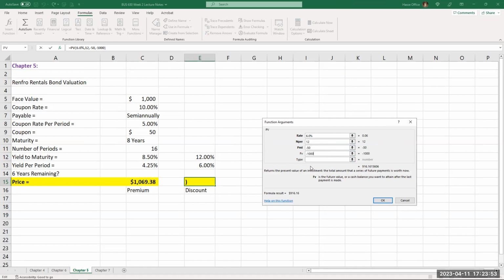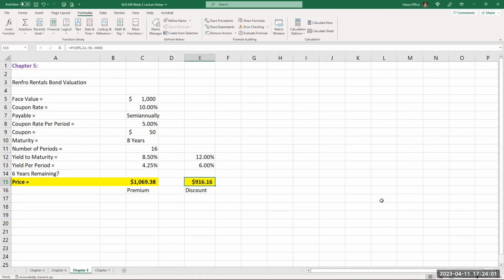So a 10% bond in a market of 12% is going to be at a discount, $916.16. If somebody wanted to buy this bond in a market yield of 12%, they're going to pay $916, but they're giving up that additional interest. They're only going to get $100 payments per year, 10%, whereas if they paid $1,000 for it today, they would get $120 a year in payments. So in this case, the market has changed for that particular bond. Its value is less because interest rates are high.